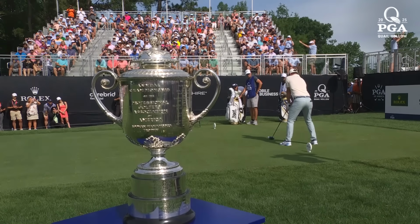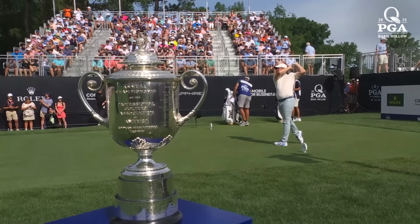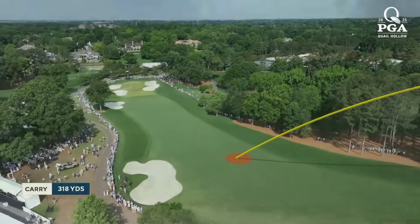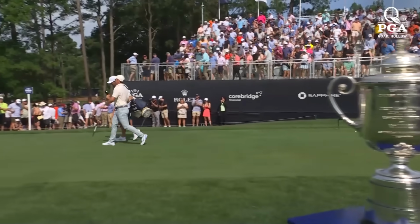But still at Oakmont and at Royal Portrush will be on the very short list of favorites. Well, good morning. That'll do. Although it runs through and into the